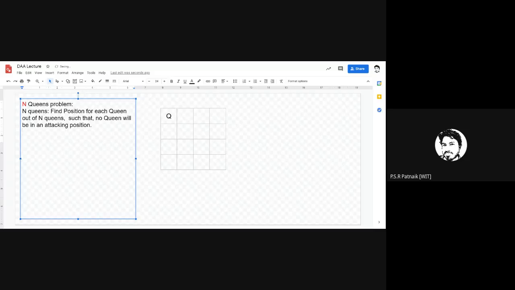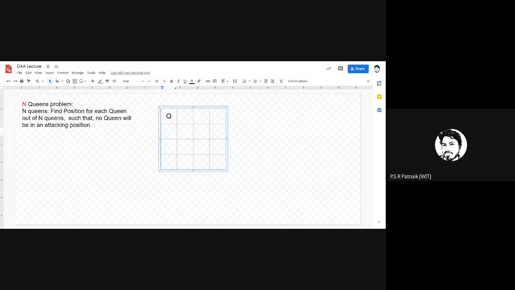So if I say it is n by n, then for n equal to 4, I have to place 4 queens. For example, if I place them in this order,